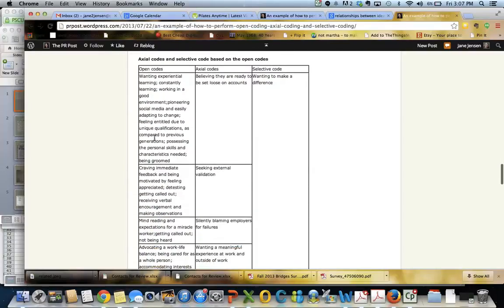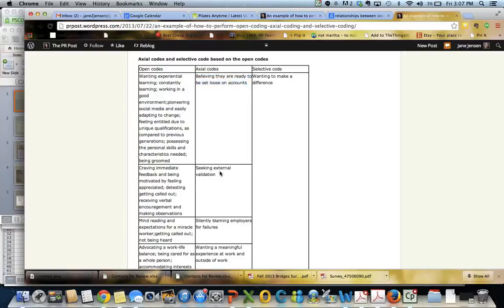Okay. Then the next stage is to go from open codes, for example, the first one we saw, wanting experiential learning, and finding the relationship between a set of open codes. In this case, she finds that the relationship between all of these things over on the left-hand side could be summed up as believing they are ready to be set loose on accounts.